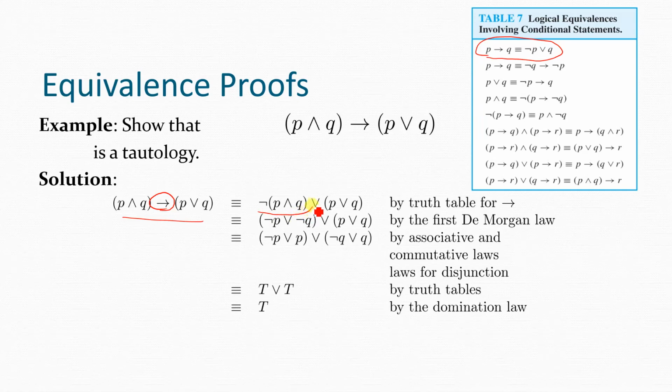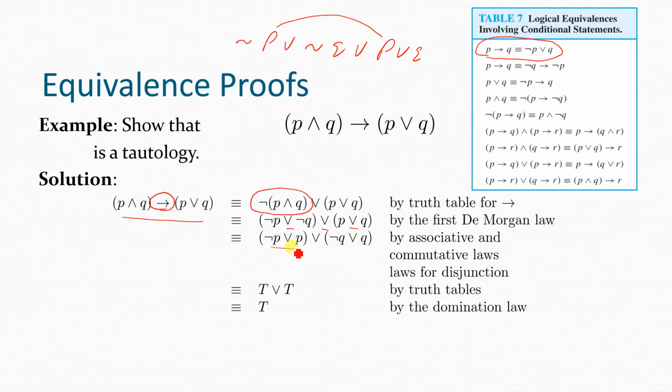In this proposition, we can use De Morgan's laws to have negation P or negation Q or P or Q. Now you can see there is an or in between everywhere, so we can change the order by associativity of the or operator. It can be written as negation P or negation Q or P or Q, so we are combining these two: negation P or P, or negation Q or Q.